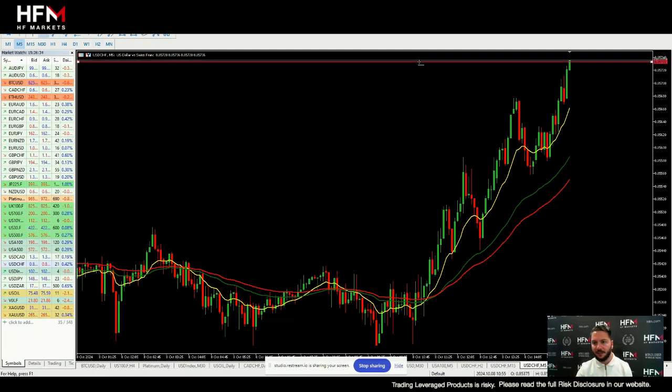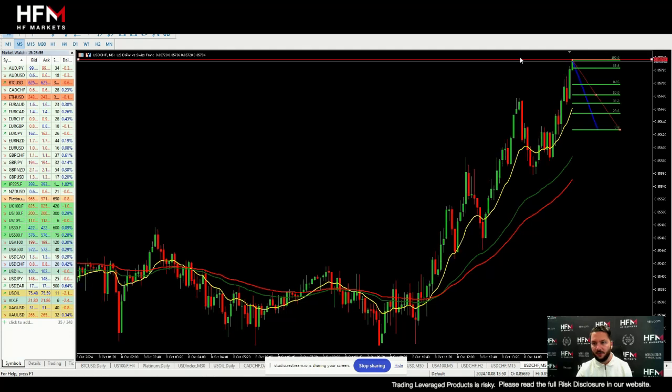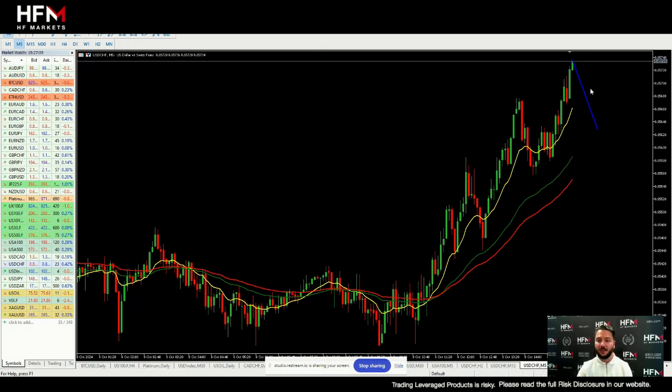Alternatively, ladies and gentlemen, let's say this is the high and then it retraces like so. That's one possibility. What we can do is look at another trade as it crosses above this level. That's a signal known as a breakout. Alternatively, we could draw our Fibonacci levels and bring the breakout level slightly lower to the 0.65 level there. That is also another way we can identify where we're going to get a signal